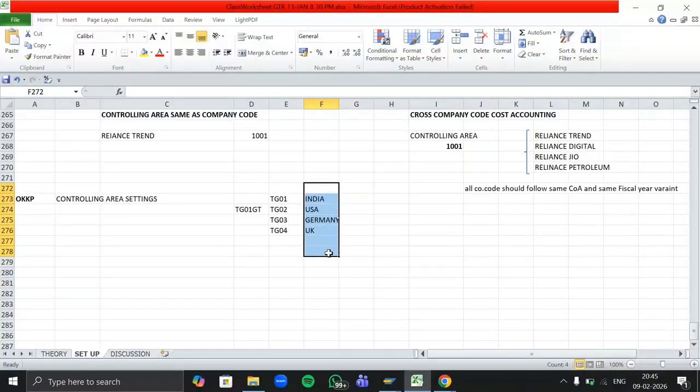Yes. Yeah, sorry? Indian currency. Sorry. Why Indian currency? In India, my company code is using INR, but the company code in USA is using US dollar only, right? So which currency can we use there? Actually, the parent company where it's registered, so it will be converted in that currency.